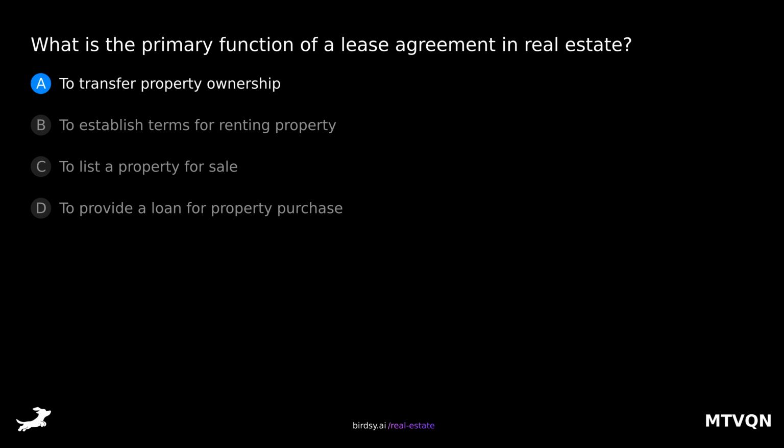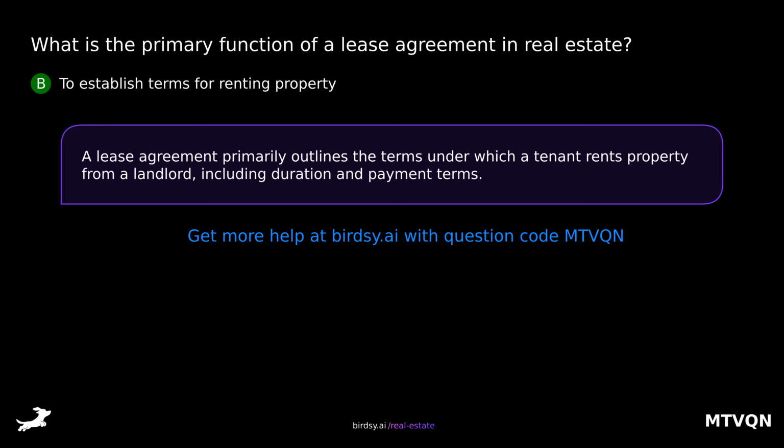What is the primary function of a lease agreement in real estate? Is it A, to transfer property ownership, B, to establish terms for renting property, C, to list a property for sale, or D, to provide a loan for property purchase? The answer is B, to establish terms for renting property. A lease agreement primarily outlines the terms under which a tenant rents property from a landlord,